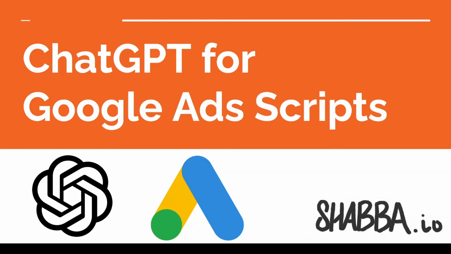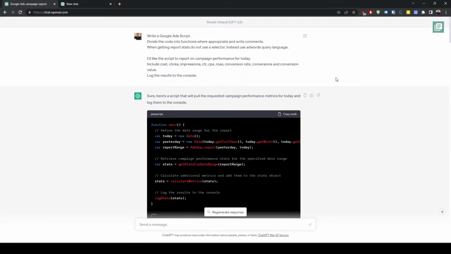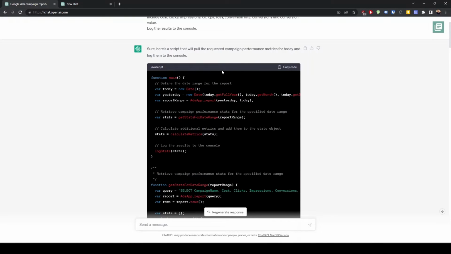So let's crack on. The first thing I wanted to do is a really basic report. So I'm saying, get me campaign performance for today. I've included the metrics I want, and then I've just said log the results to the console. Now, the first time it did this, it didn't work. So I'll copy this code